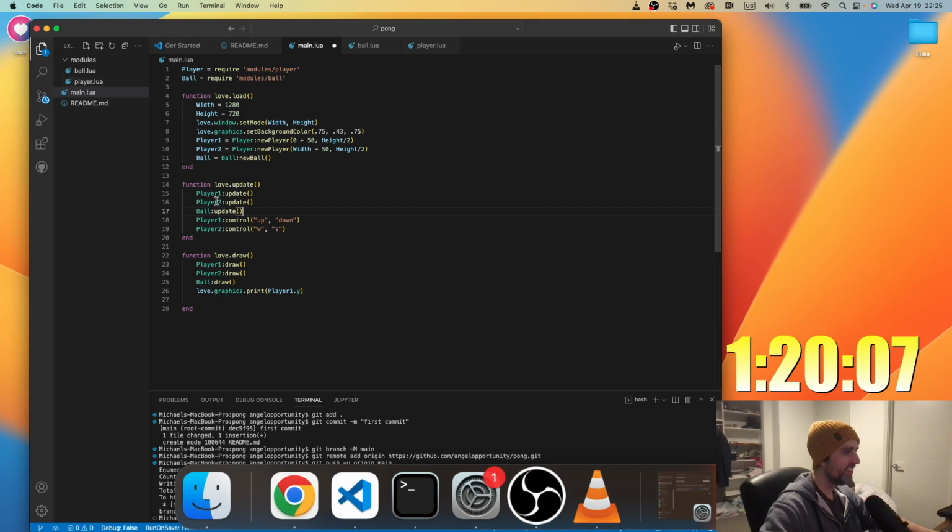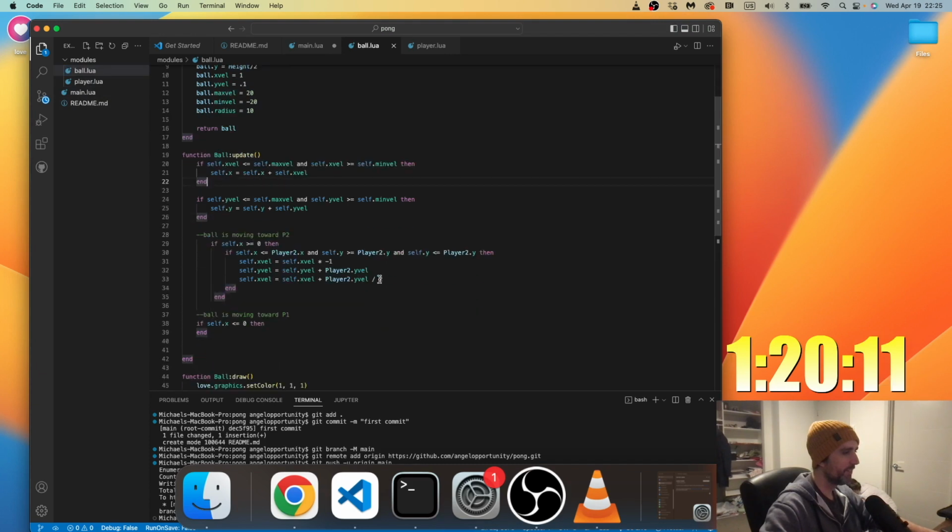Yeah, let's see here. Ball update. I feel like the way I'm saying player 2 just doesn't work. I think the ball is moving to the right if self.x is greater than 0.